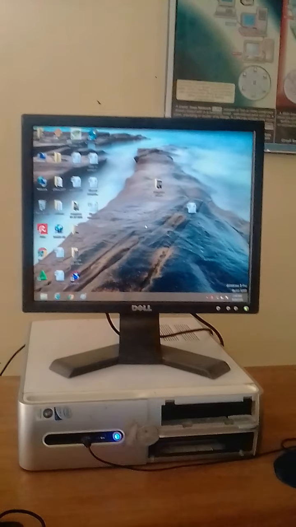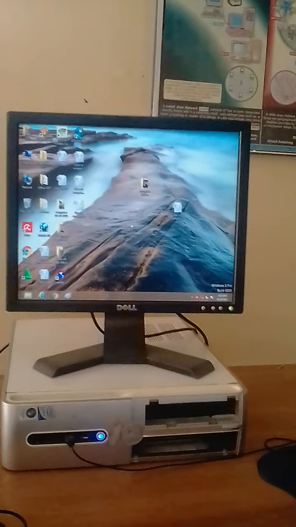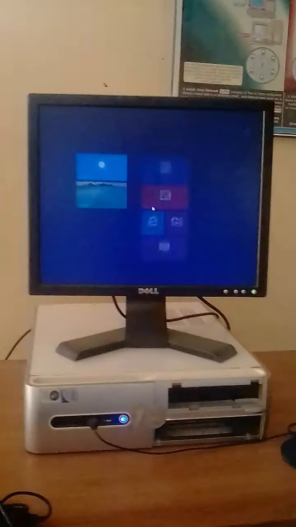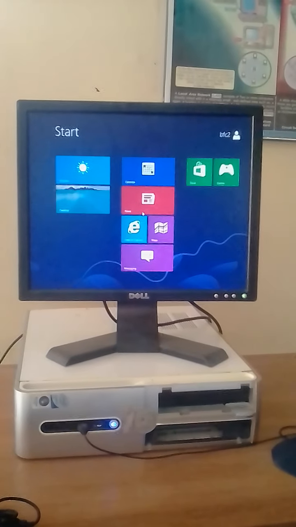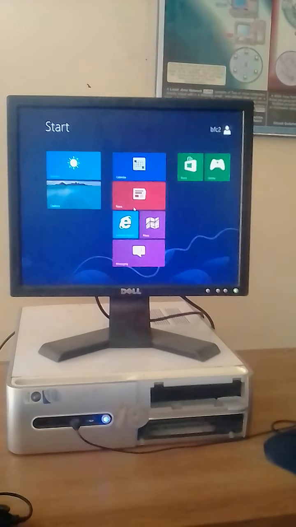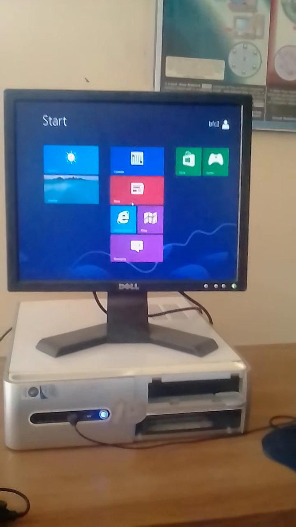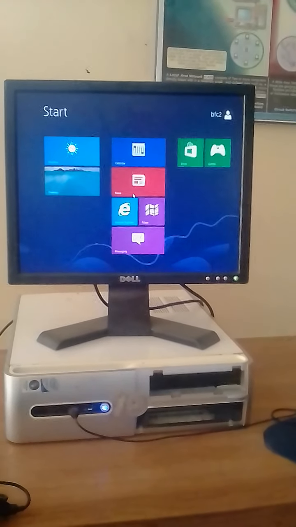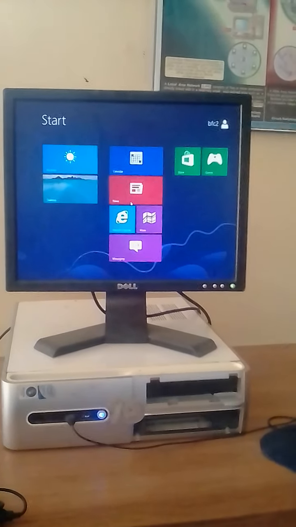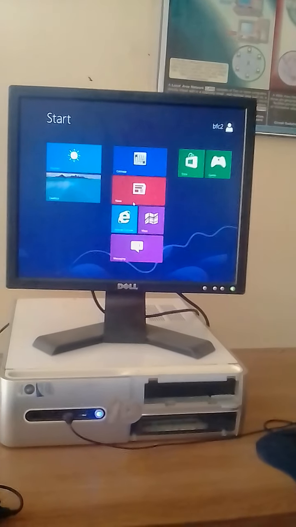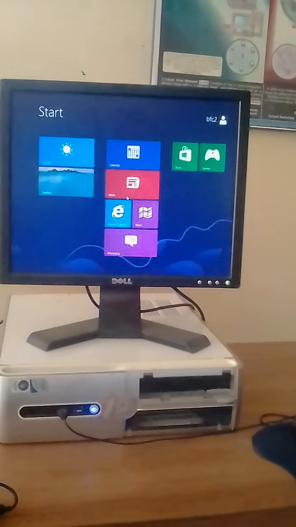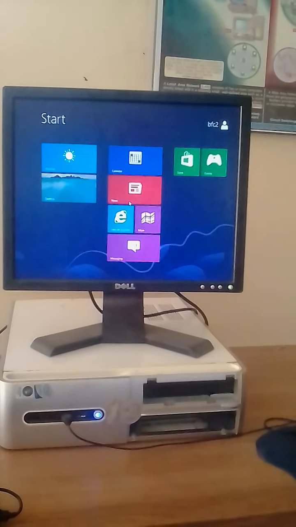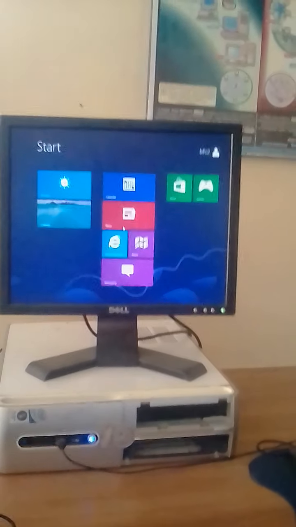Dear students, to open Microsoft Excel, we should press the Windows key and a menu appears. In this menu, our software is installed, and this menu displays all the software that is stored in our computer. So dear students,